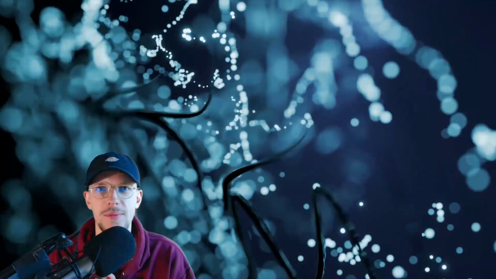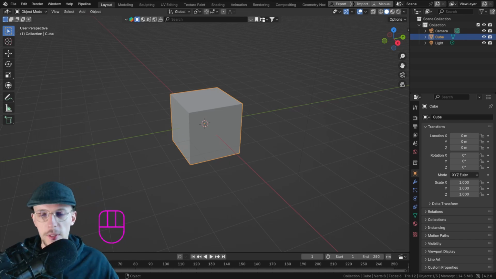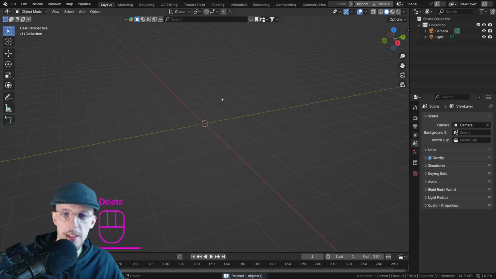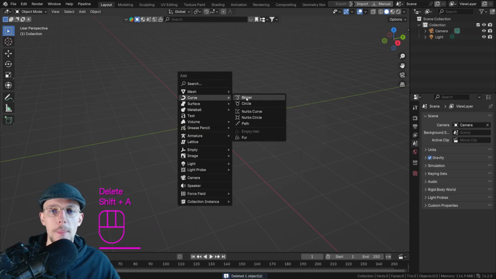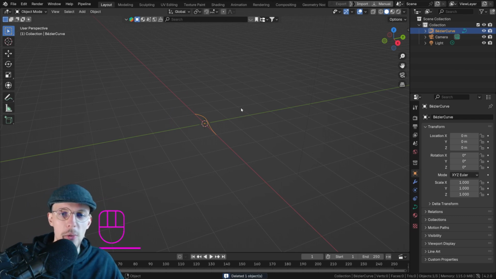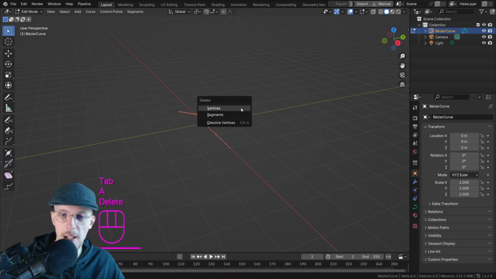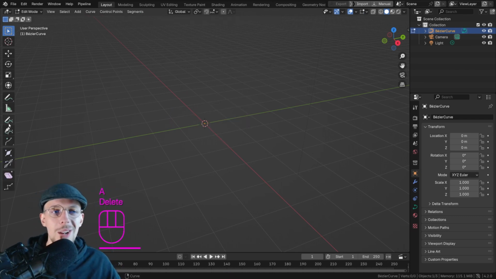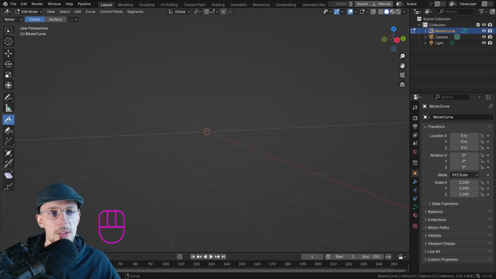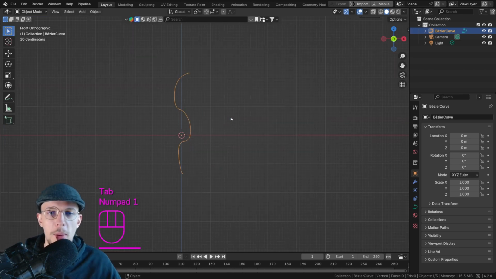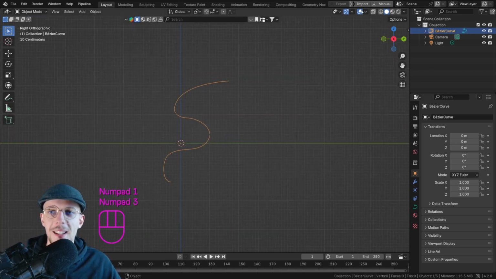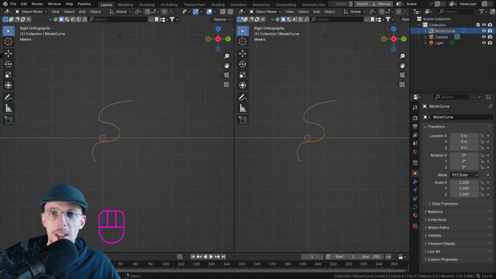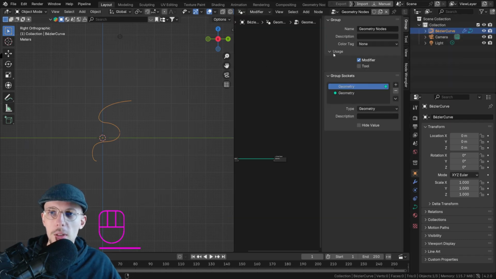Enjoy the video. So let's actually delete our cube. Delete. Shift A, let's add a curve and a bezier. Let's go into edit mode, press A, delete vertices, because I want to be drawing my own curve, right? So just pick the draw curve icon and draw whatever you feel like. For example, this. And now let's open up a new window, set to geometry node editor and hit new, press